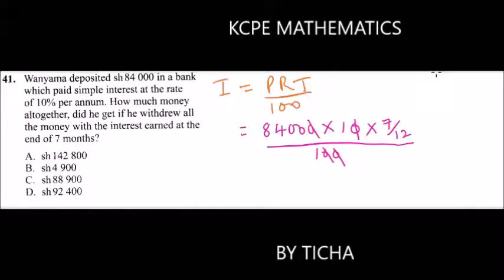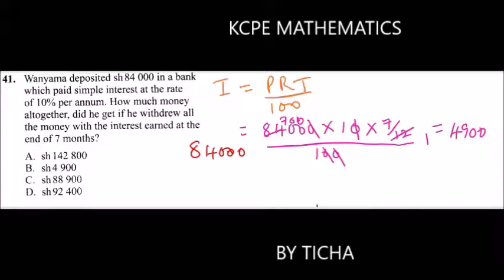84 you can divide by 12. I think here you get 7. This is 700. So 700 you multiply by 7, that will give you 4,900. So if you come now and add the interest to the principal, that is the money he had deposited,